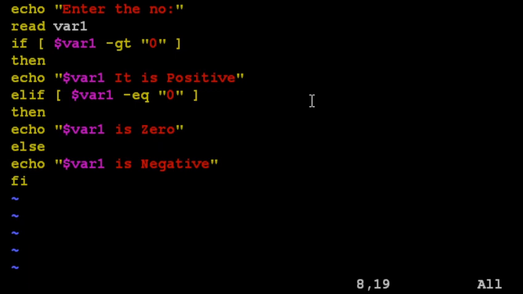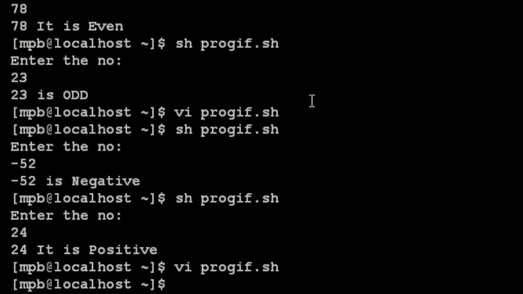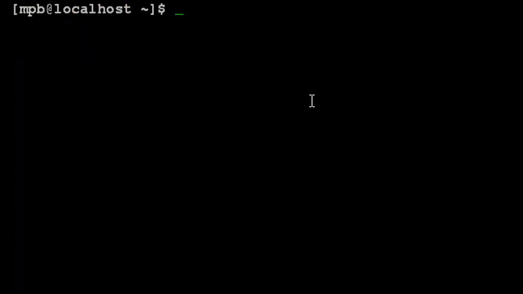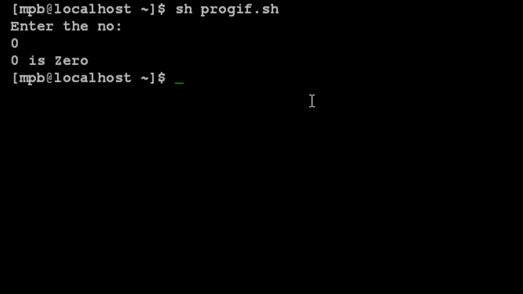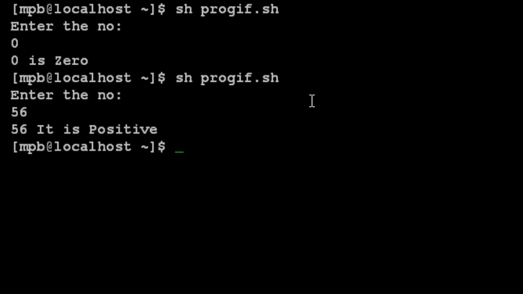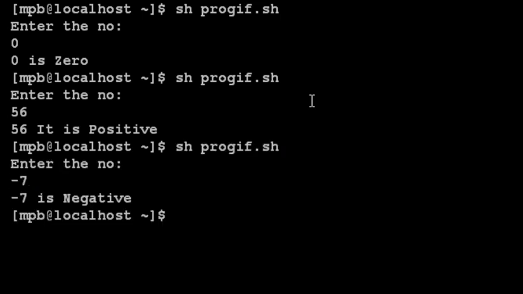Press escape :x, enter, and then run the program. Now suppose if I enter here 0, it will give me 0 is 0. If I enter 56, it is positive. If I enter -7, it is negative.